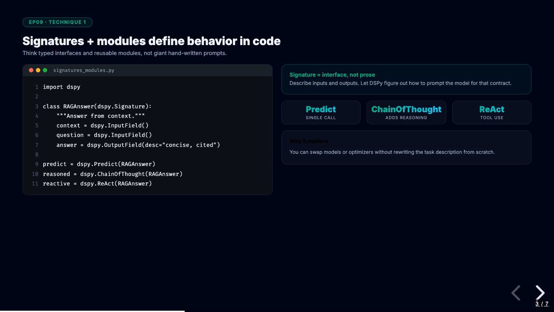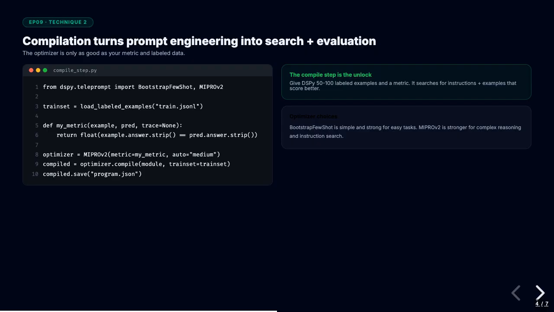For exact match, it is simple. Did the answer match? For generation tasks, you can use LLM as judge here. Then you run an optimizer. The most commonly used one is BootstrapFewShot with random search. You give it your RAG module, your training set, your validation metric, and a number of candidates to try. You call compile.